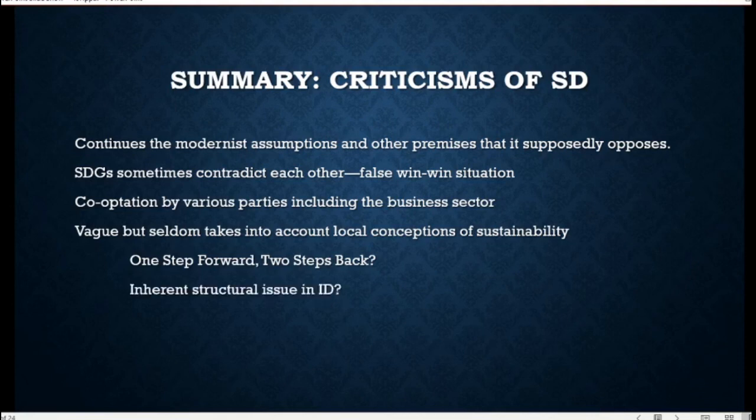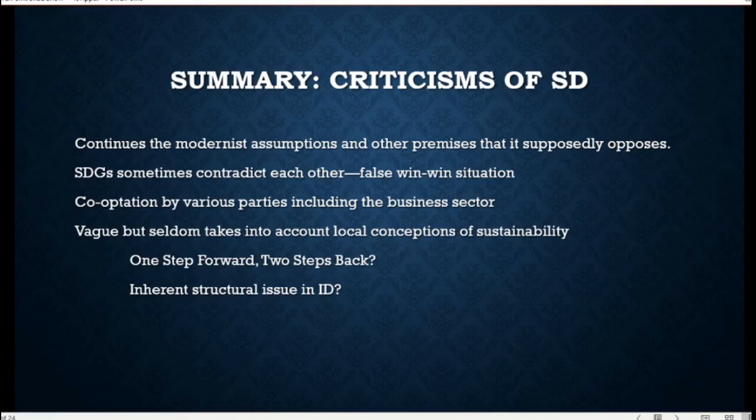And also, I want to encourage you to think about, do you think this is because of some inherent structural issues in international development? Is it because of how the different actors are set up with different power relations in international development, that these kinds of problems, especially problems of participation and taking into account local conceptions of development or sustainability,